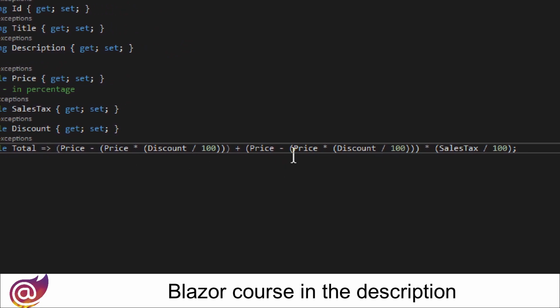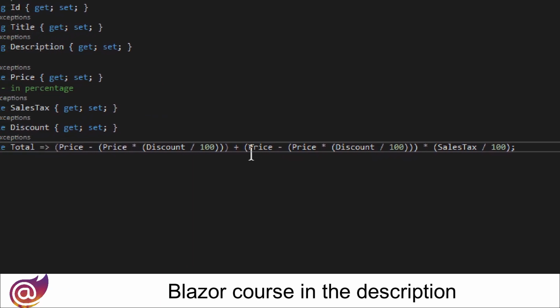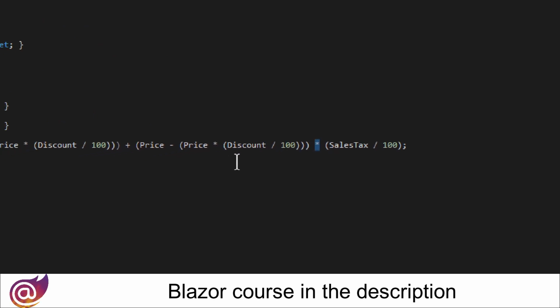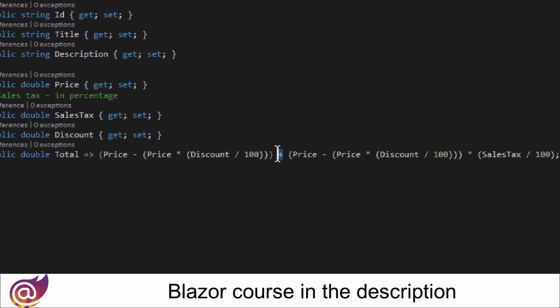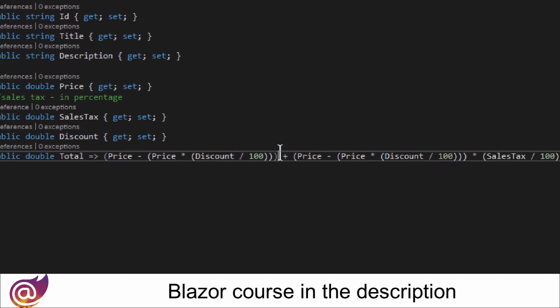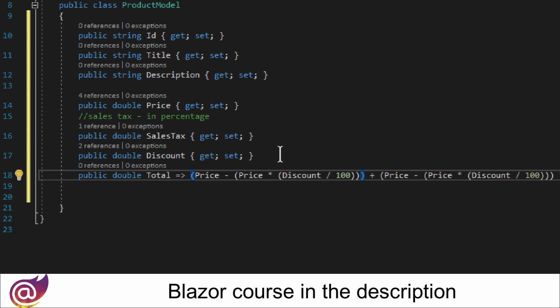Okay, so we have that multiplied by sales tax and added. We don't need to wrap it because this is a multiplication, this is addition, so nothing needs to be wrapped, I do believe. And this seems to be good to go. Okay, now we can actually